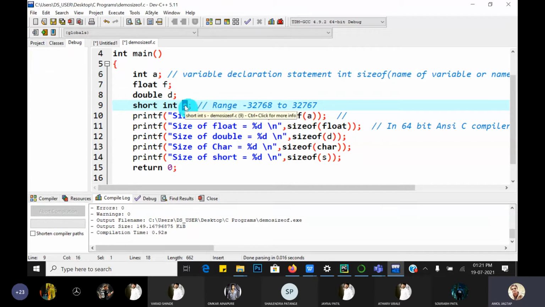We want to store here only roll numbers, and the roll number range is from 1 to 100. So this is sufficient. So why waste the bytes? When the program's efficiency increases, you require less memory. If the amount of memory is increased, automatically your program speed gets lowered. So that is called optimization.